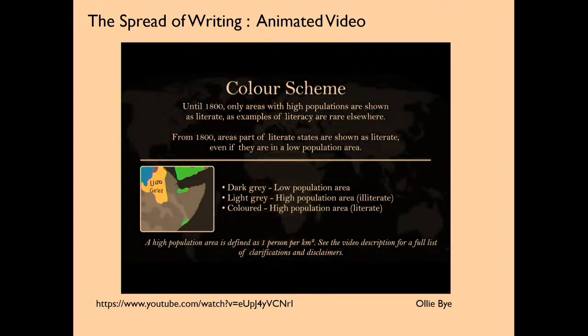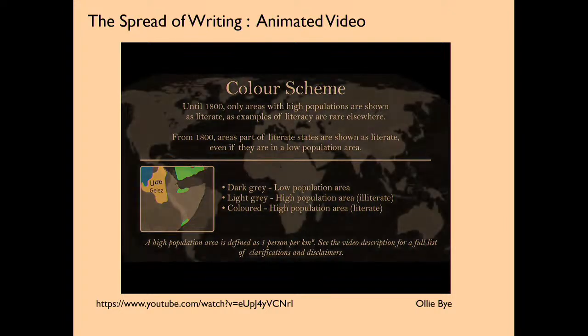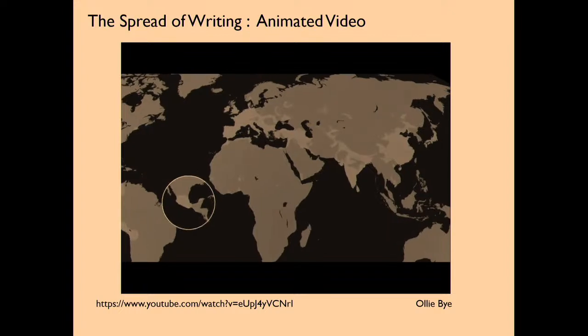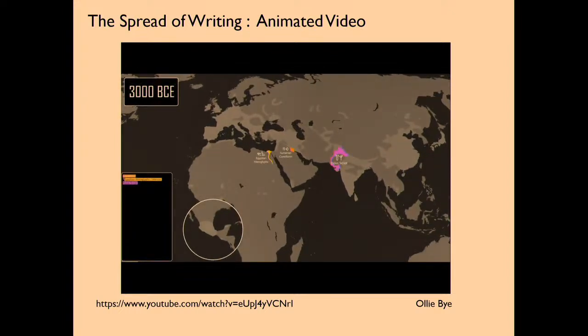All right. So this is a video created by Oli Bai, and what it shows is how writing arose year by year. So since writing arose independently in Central America, this portion is shown separately. So you can see initially you have the Egyptian, the Mesopotamian, and the Indus script, which are basically contemporaneous scripts. And then you have the Linear A, Linear B occurring in Mycenae and Crete. Then the Chinese writing systems. And then, by 800 BC, you see that writing has mostly spread across the world. So you have it in Central America, you have it in the Mediterranean basin, you have it over here in China. India is conspicuously absent, as you can see, until Brahmi arises,